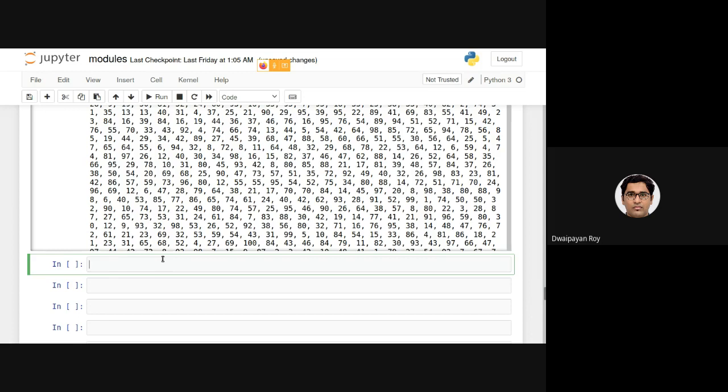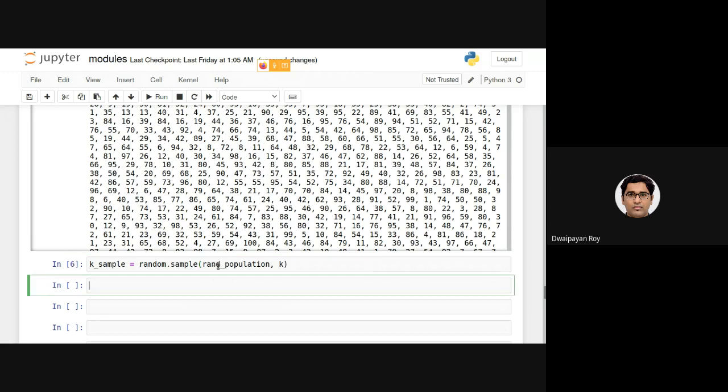To do that, we'll again be using the random module. Inside that, there is a function called sample. So I'm declaring a list here, k sample, which will take random dot sample. I'm calling this sample function, which is defined in the random module. Here I'll be passing two parameters. One is the population, the rand population, and second is the number of items that you want to sample from this population, that is k.